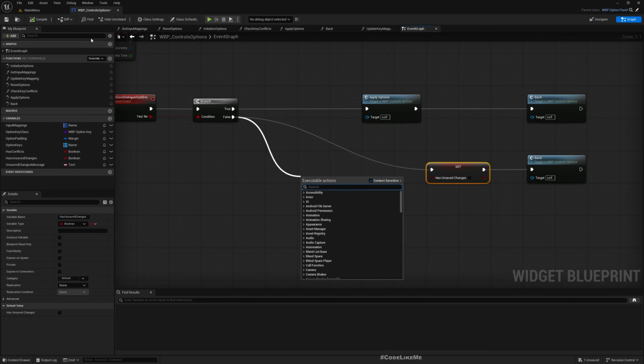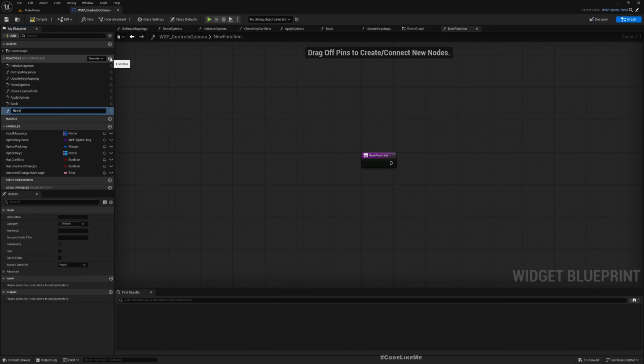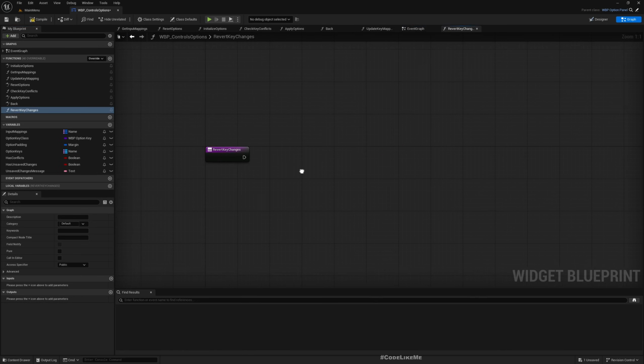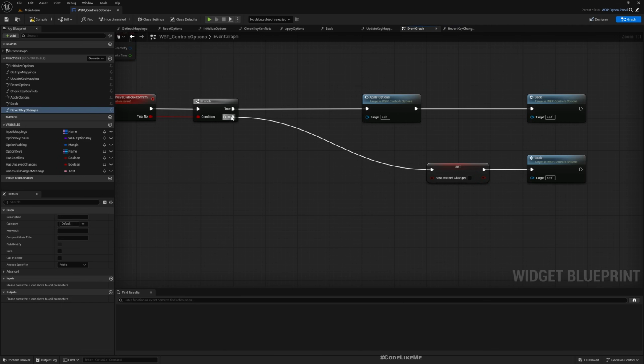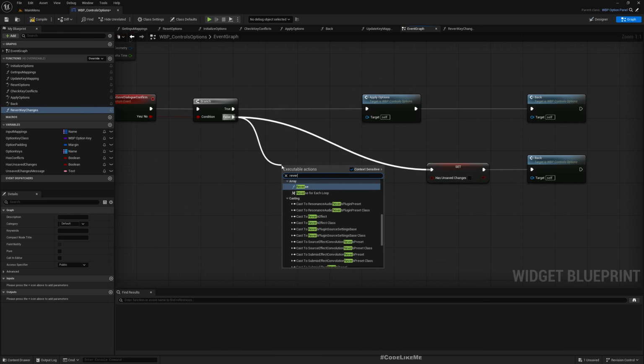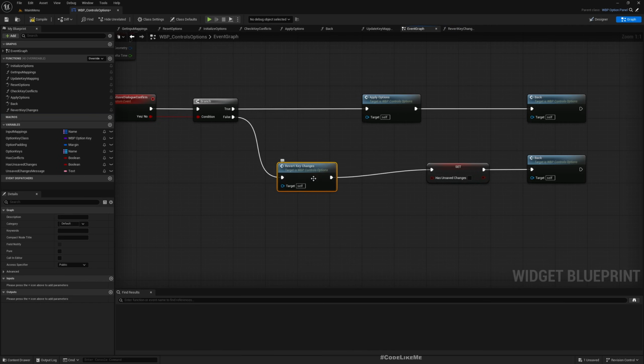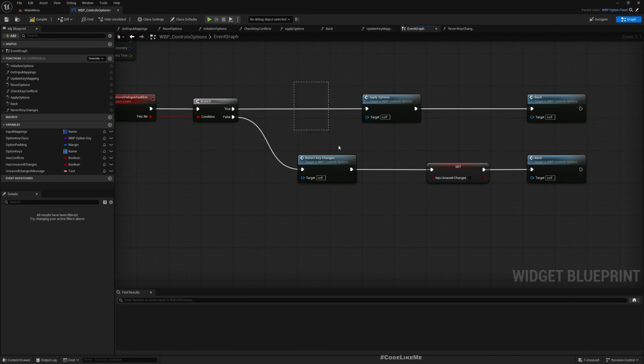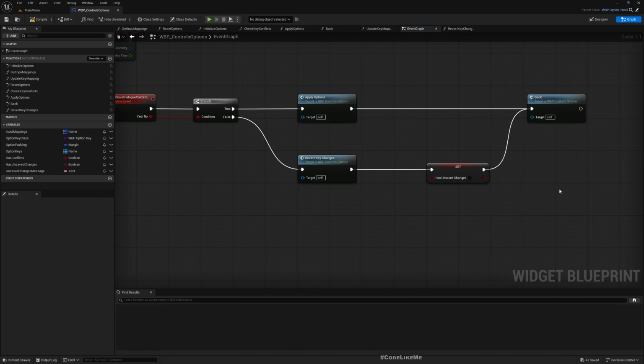So to do that, here let's add a function, revert key changes, and I'll call it here. So what we need to do is, actually we could use this. I need to have to. So now in the revert,